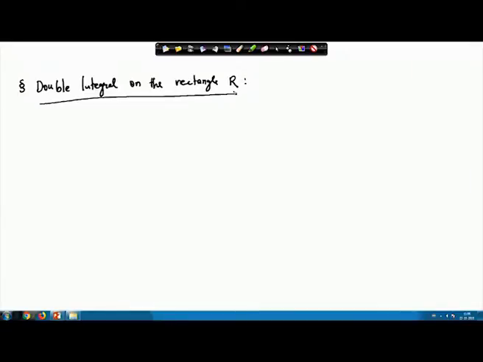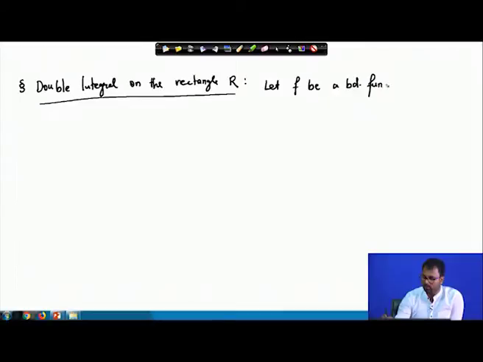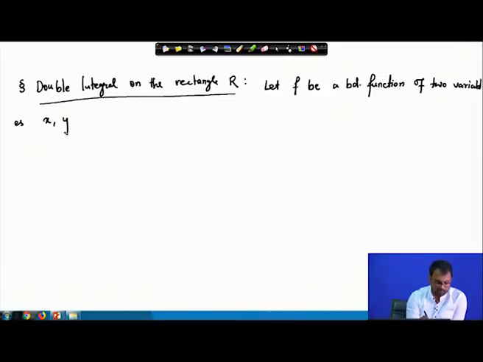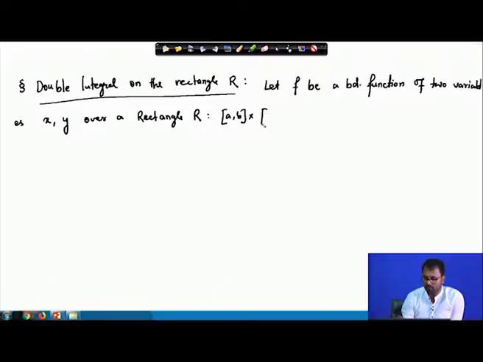The definition goes like this: let f be a bounded function of two variables x and y over a rectangle R, which is given by [a, b] × [c, d],